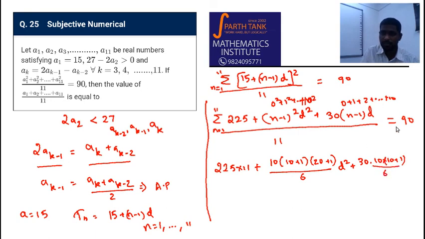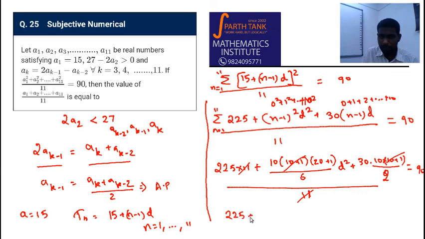It is just the summation of first 10 numbers, by 2, is 90. Now this 11 has a nice role, it can cancel all the 11s involved. So I get 225 plus this is 35, 210 by 6 is 35 d square, and here I have 300 by 2, which is 150 d